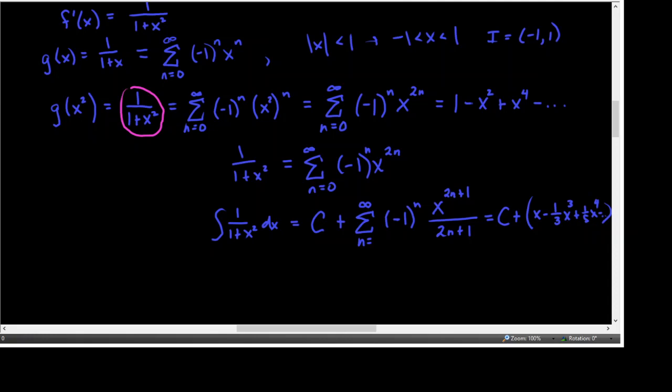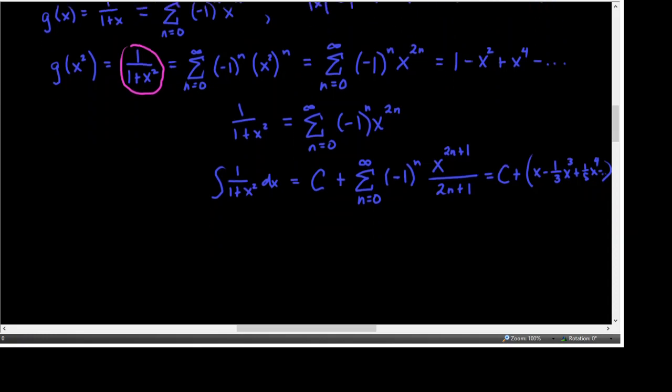And in order for that to be my correct answer, the first denominator for x over invisible 1 is 1. So if I let n equal 0, 2 times 0 plus 1 is 1. That's good. That would mean that the power on x is to the first, which is correct. And negative 1 to the 0 is positive 1, so my first answer is positive. That's good to go. Okay. So now we have an answer for the left side, inverse tangent, or arctangent of x,